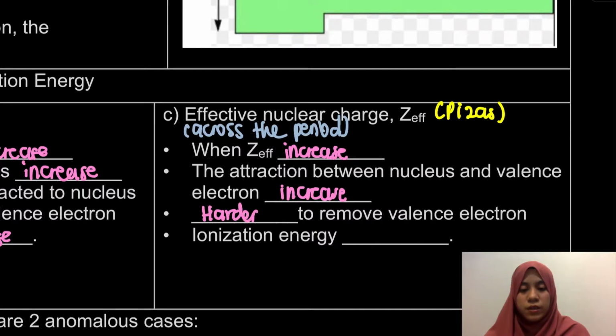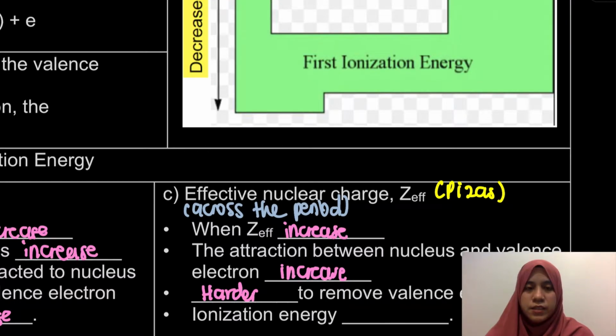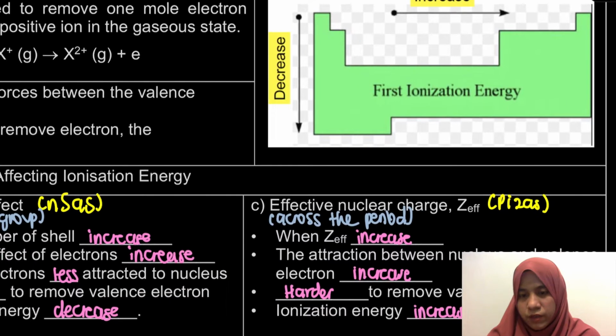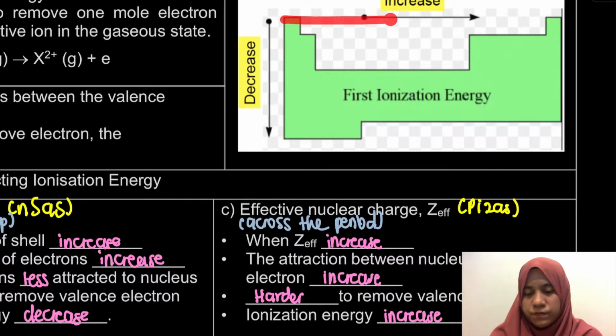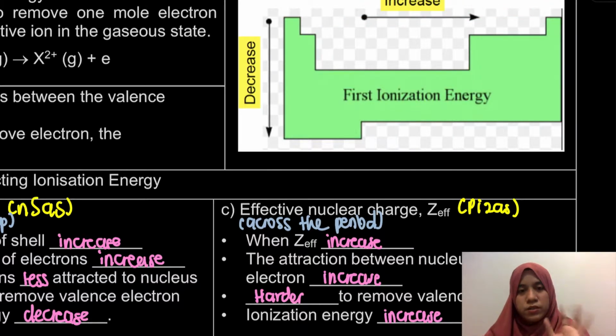When it is harder to remove the valence electron, it means a higher ionization energy, more energy is needed to remove the electron. So ionization energy increases. Okay, so that's why we see here the pattern across the period, the ionization energy increases. Okay, so those are the 3 factors that we're going to look at when we're talking about ionization